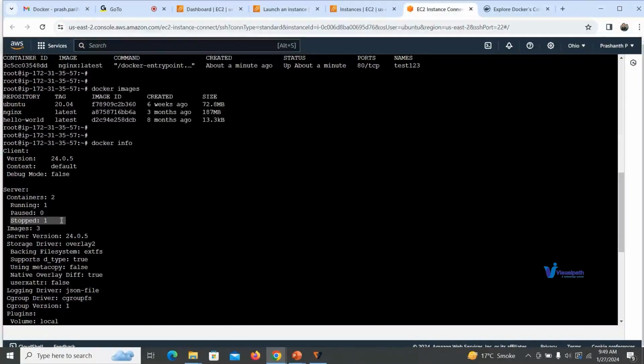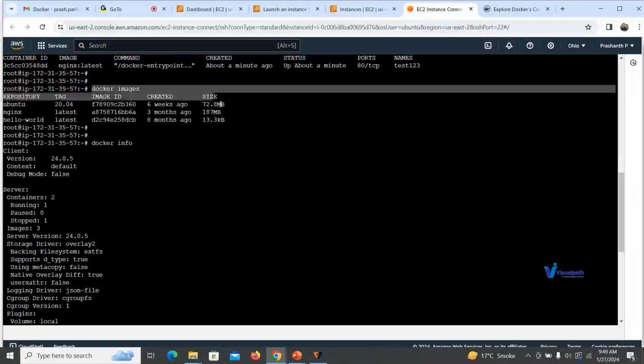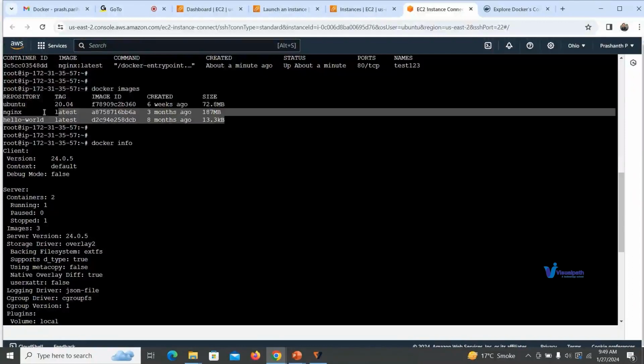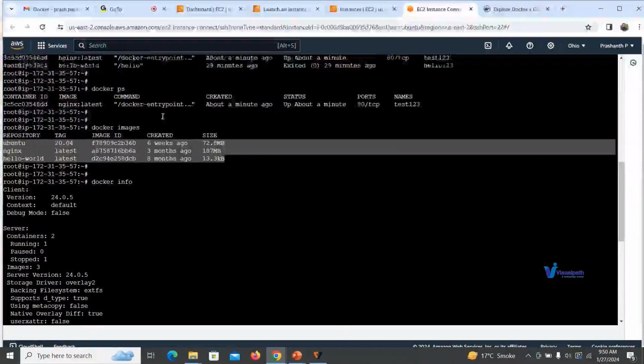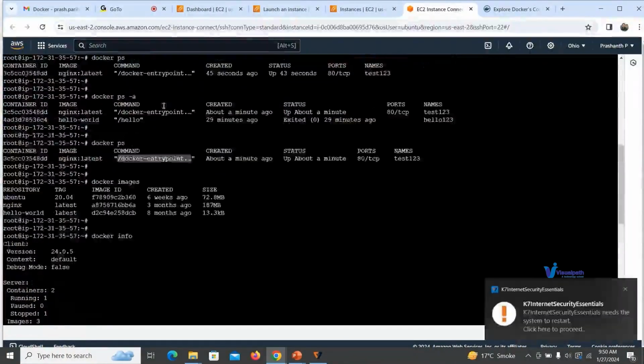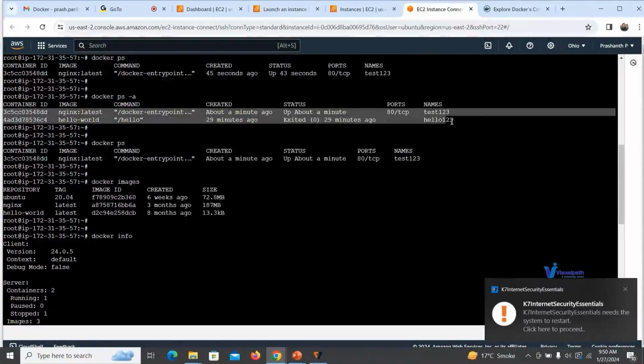How many total images? Total 3. In between we pulled one image, Ubuntu also, but we haven't started a container from it. So total 3 images are there, and when you run the Docker images command, you will see all 3 images: 1, 2, 3. When you say container ps, this is the only container which is running. When you say container ps -a, both the containers will display here. All right. Now,